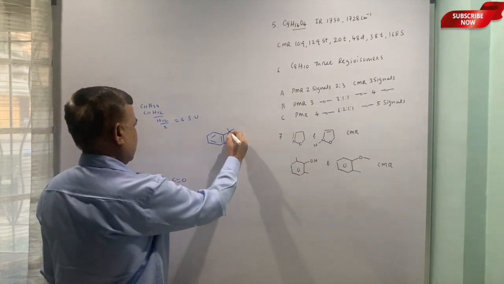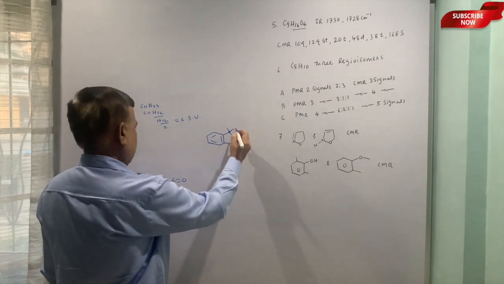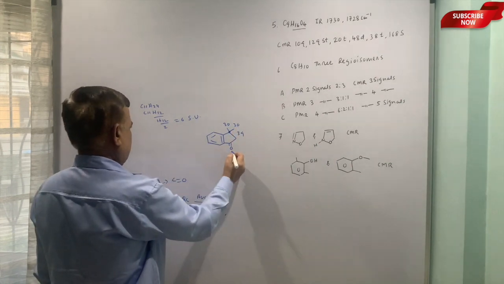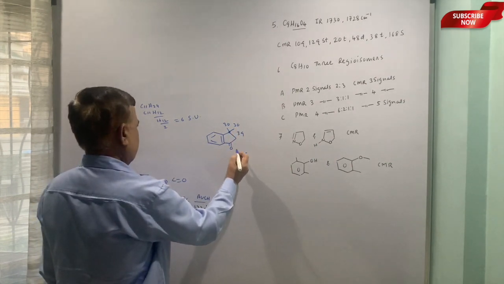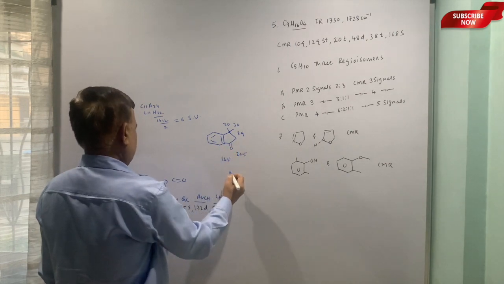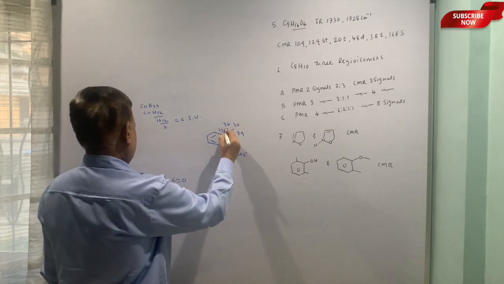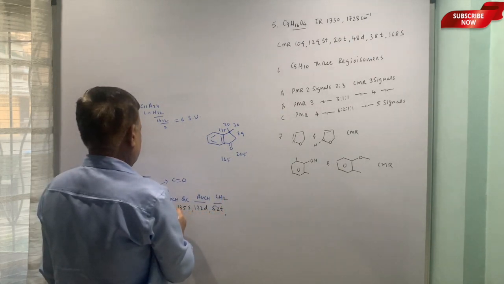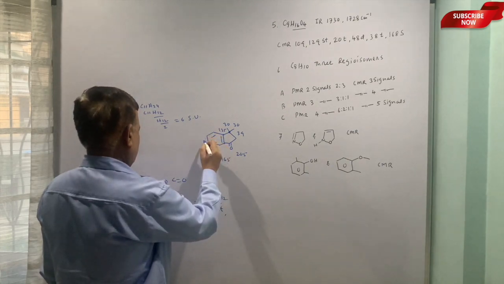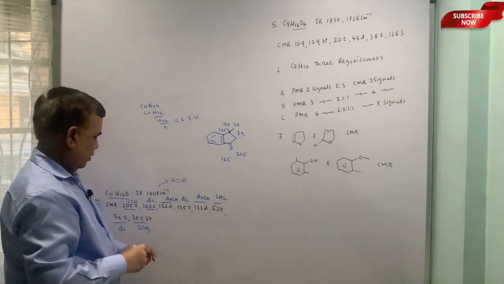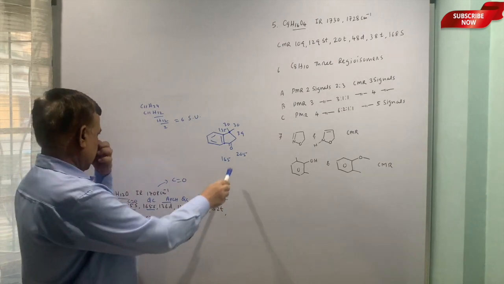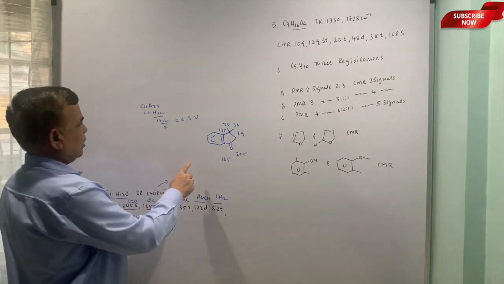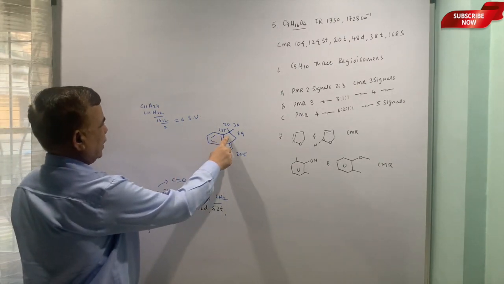Gem dimethyl, this is the quaternary carbon at 39, these are 30, the quartets. Carbonyl is 205, this is 165, this is 135, and then 136 is this one, and 125, 122 is this. And 52 is this methylene. So, everything is there. Six sites of unsaturation are also there, 4, 5 and 6.